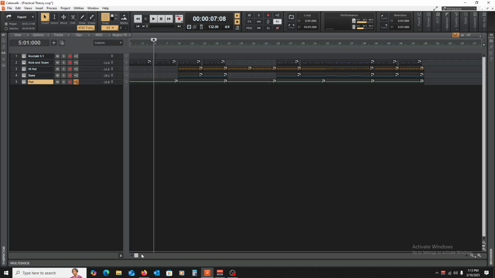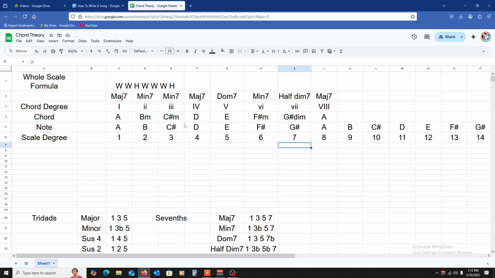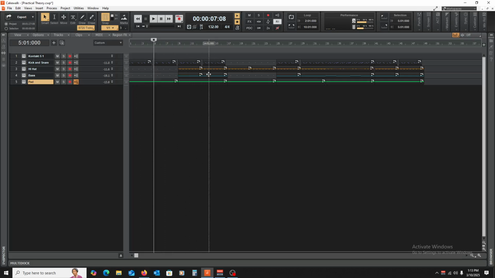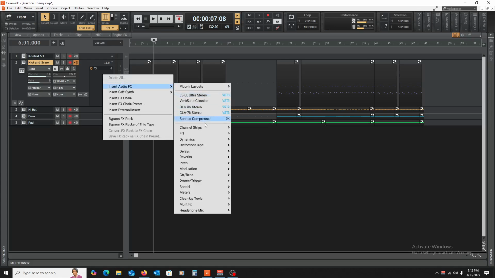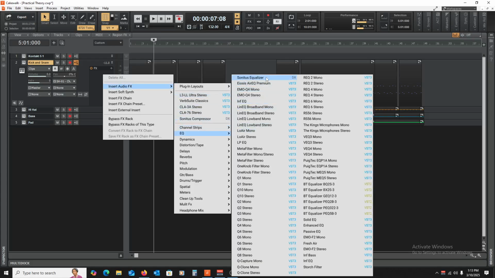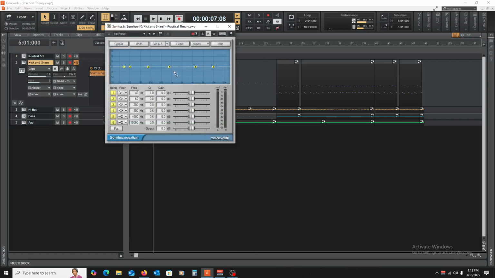But I wanted to just give you an example of how you can use this songwriting process, some of the theory that we've used, some of the concepts of MIDI and rhythmic stuff. And then what we can also do is add in a little bit of our EQ and compression to really make some of this come alive a little bit more, right? And so what we can start to do,